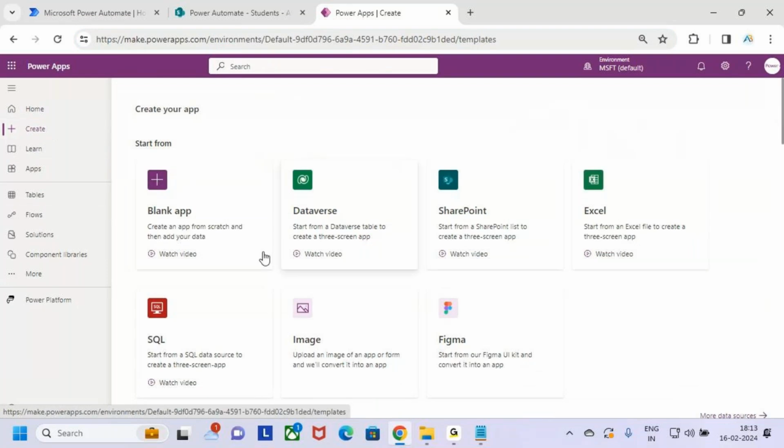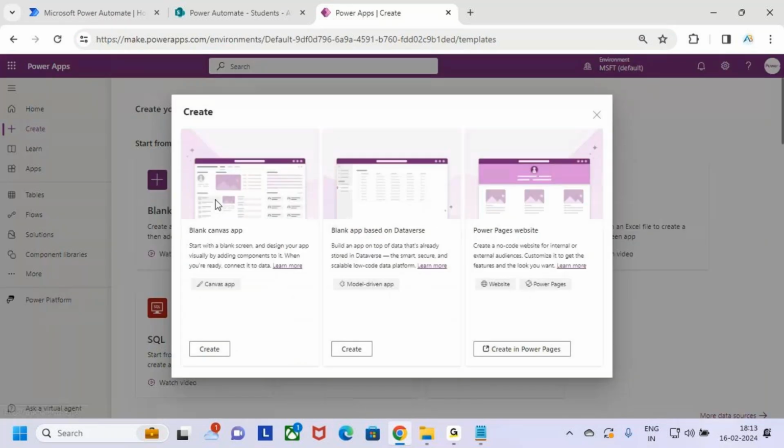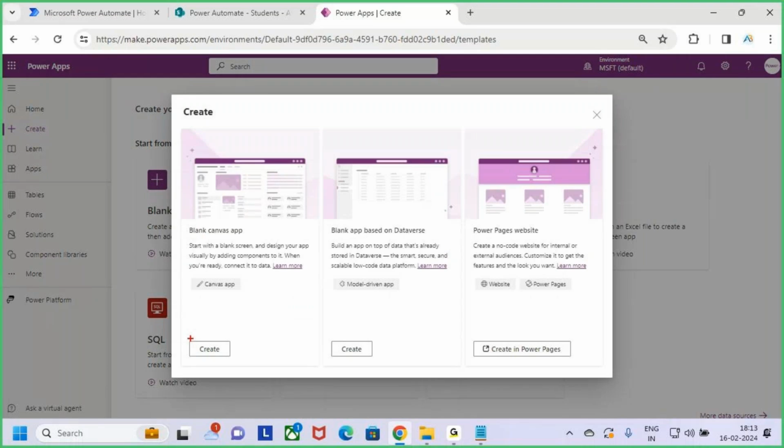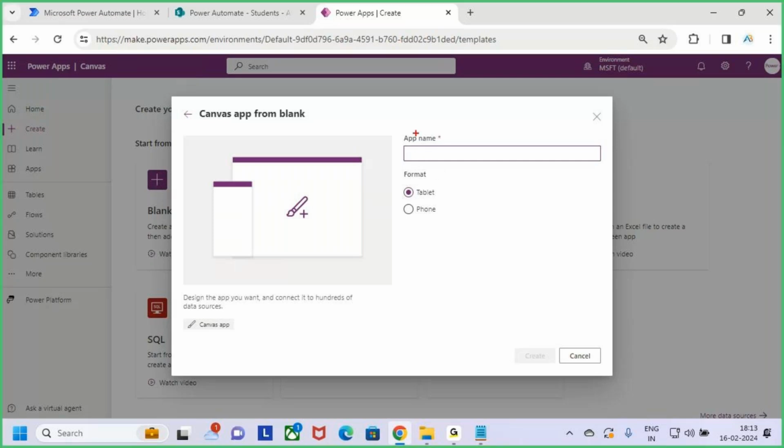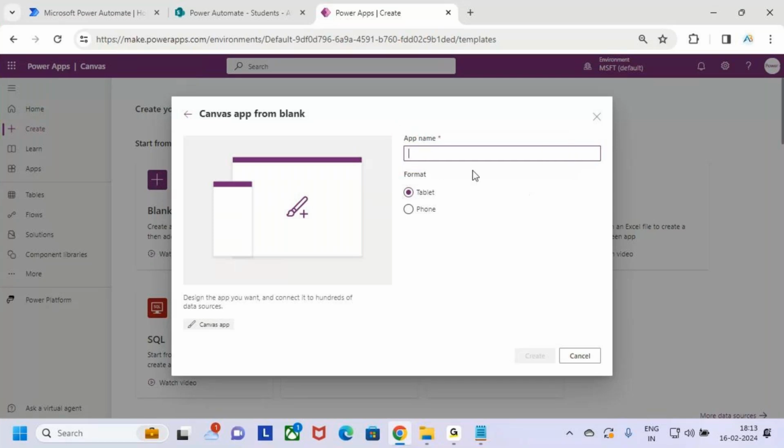Now once after going to the Power Apps, go to the create tab. Let me go and click on the blank. So I want to go and create one new app here, guys. Just go and click on the create tab now. When I go and click on the create tab, now it is asking us to pass the app name. So what is the app name? Let me keep here AB trainings,